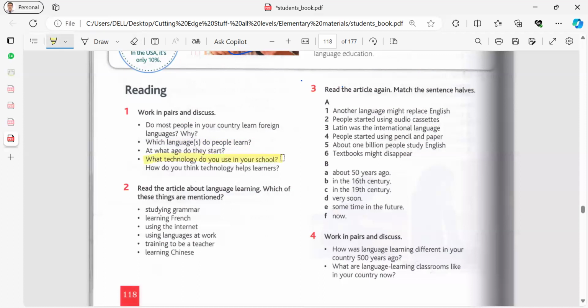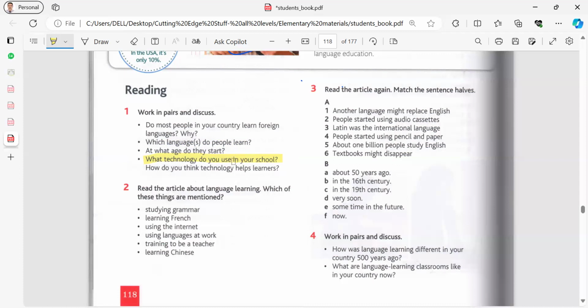Are you using computers? Are you using iPads? No, we don't use any technology. Is there a computer in your classroom? No. Is there a projector in your classroom? Yes, there is. Once you find the projector, you should have a computer or even a laptop. So what about your teachers? Do they use a computer to teach you? Yes.